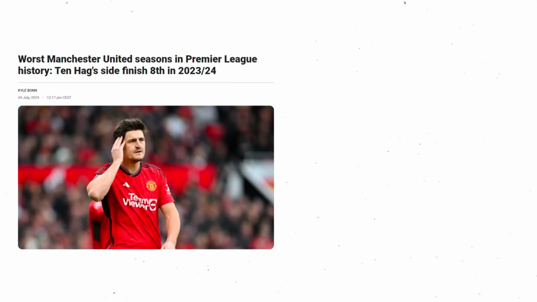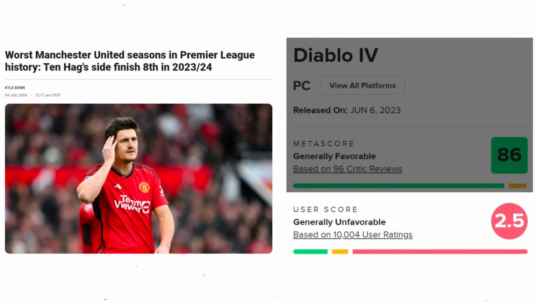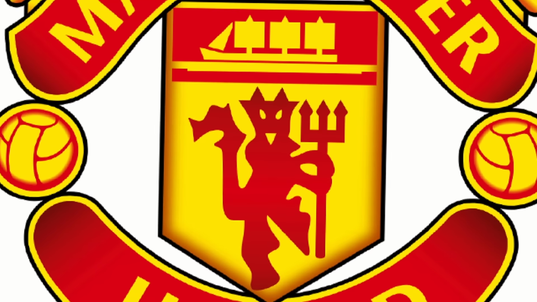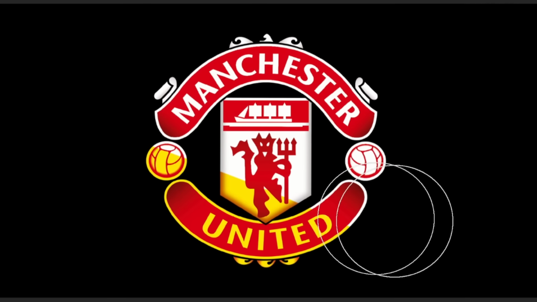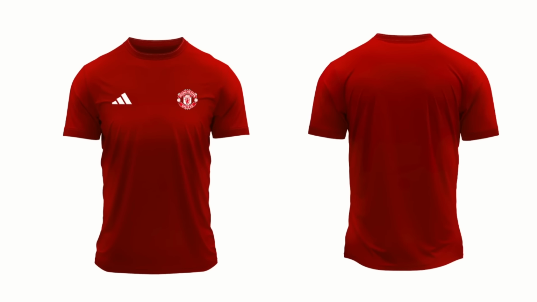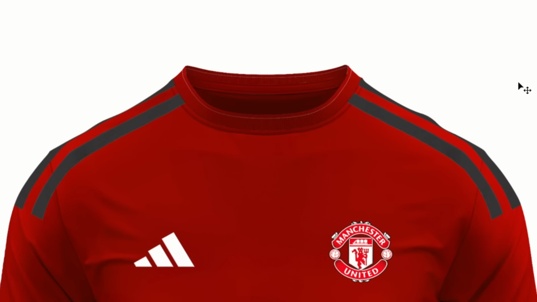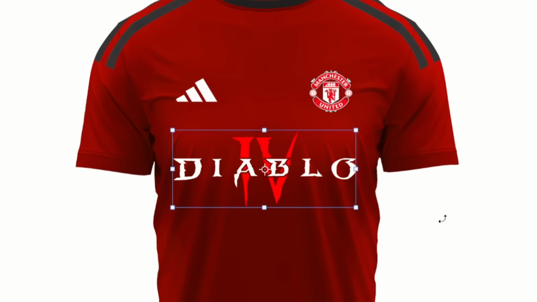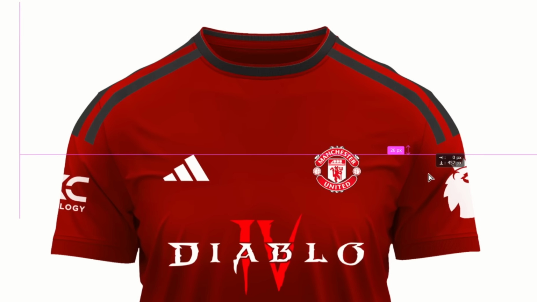Now it's time for Manchester United and Diablo 4. United and Diablo haven't been getting great reviews lately, so it's the perfect combination. We'll make a few tweaks to the logo, we'll keep the devil, but we'll change the logo colors to something like this. And here's how it looks on the jersey. As usual, we'll add stripes and color the collar. In the center there will be the Diablo 4 logo, not authentic patch, logos on the sleeves,